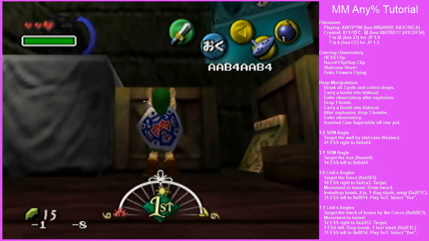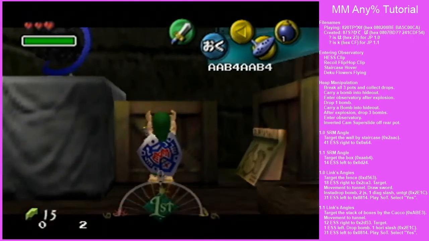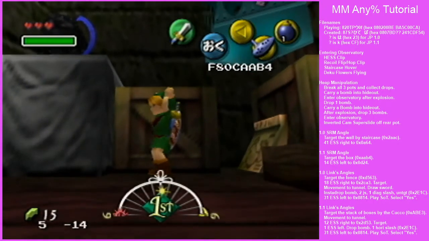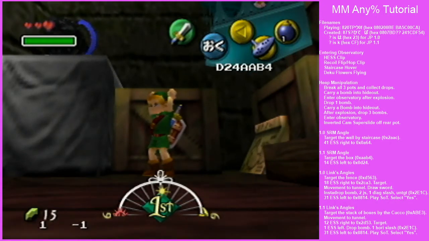And then you're gonna do... How many SS is it? 14? 14 to the left. That was to the right. To get D24. So one more, that was too many. There we go, D24. And the key I like to use is that if you look at Link's hip on the opposite side from where his shield is on,